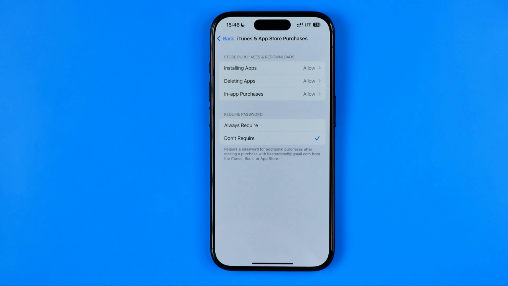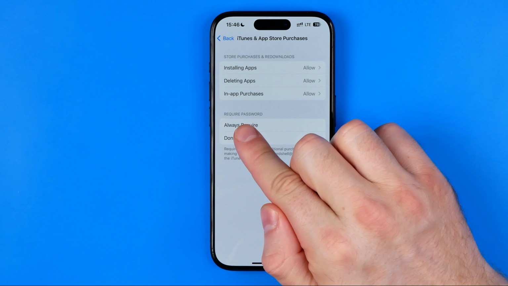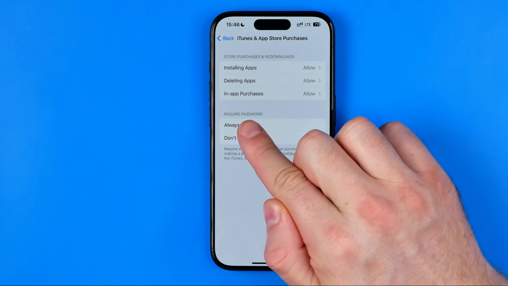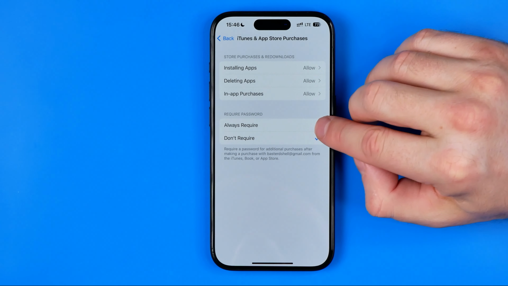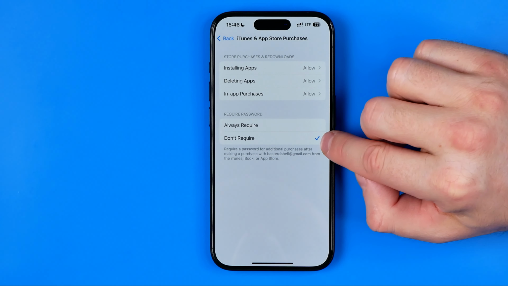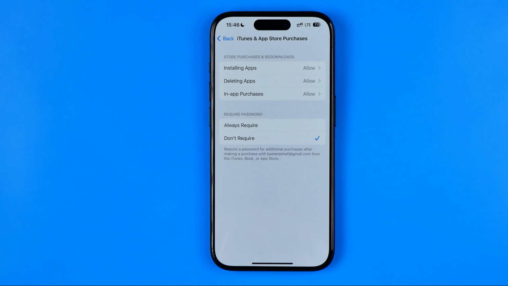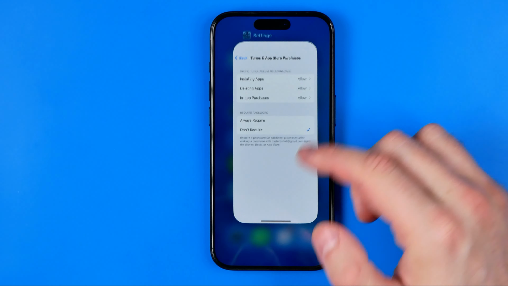Here, guys, first off you need to change the setting for the Require Password box. Here we need to choose Don't Require, just select it like in my case, and then we can go out